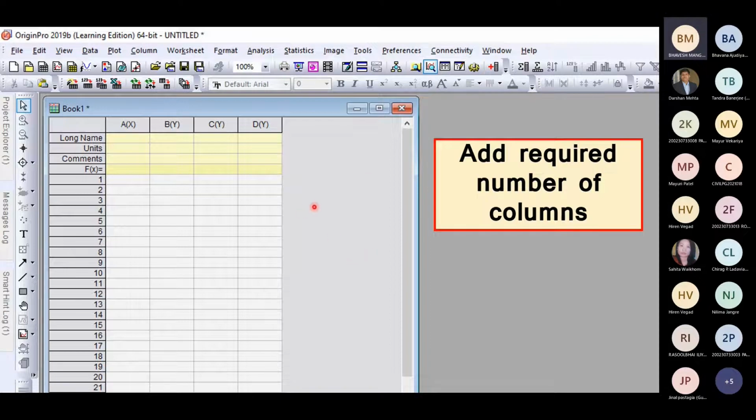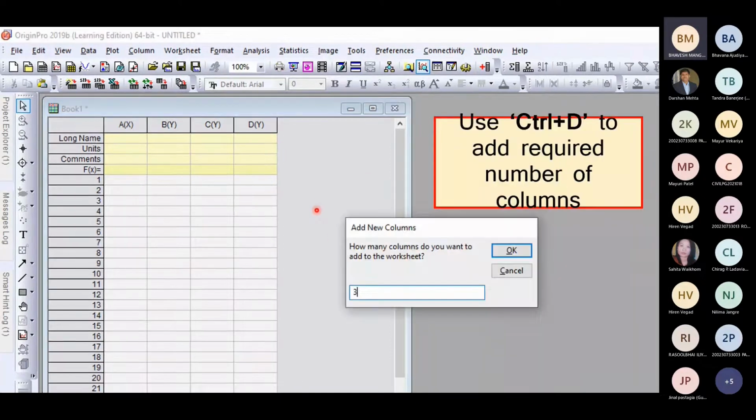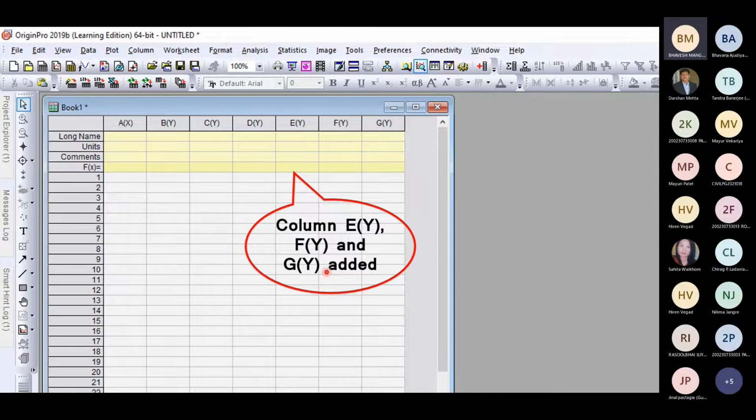So the required number of columns can be added like this. You can also use Control D, and at a time you can add the required number of columns, 3, 4, 5, right? Like here E, F and G are added that way.